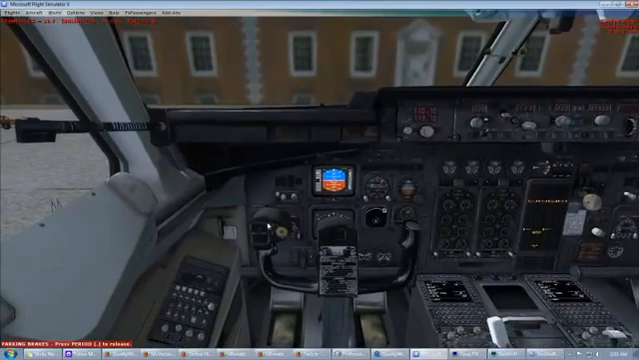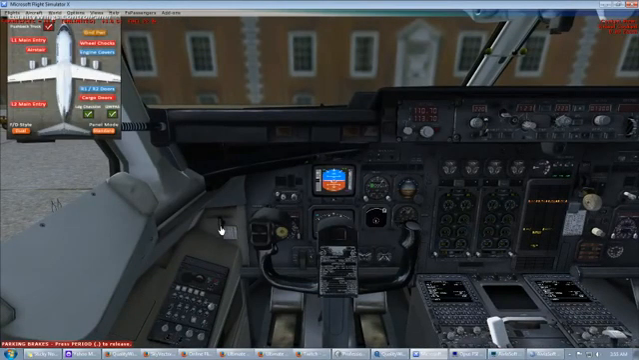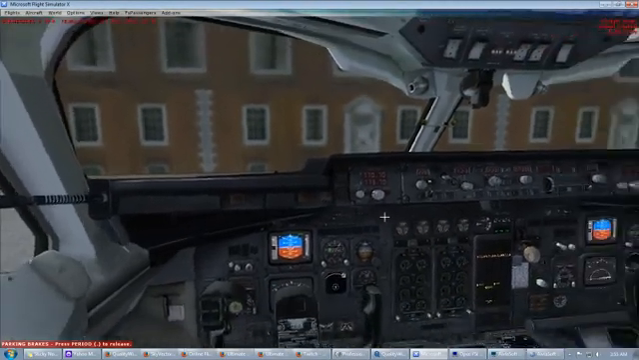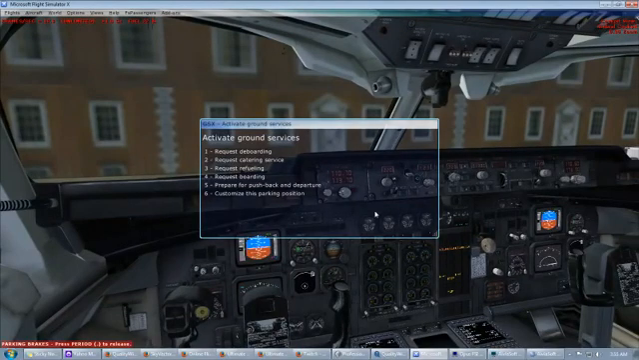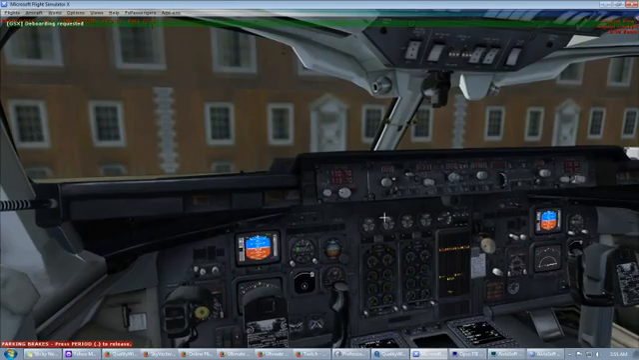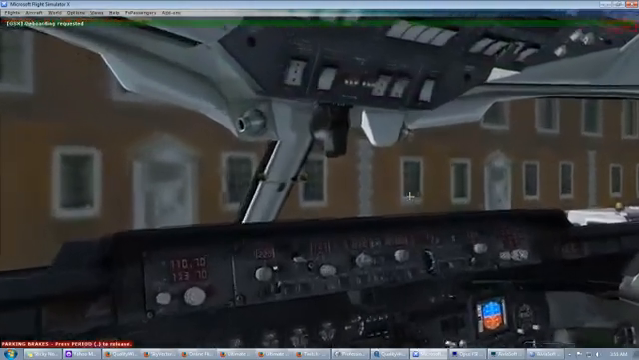And now let us start deboarding. Request deboarding. And